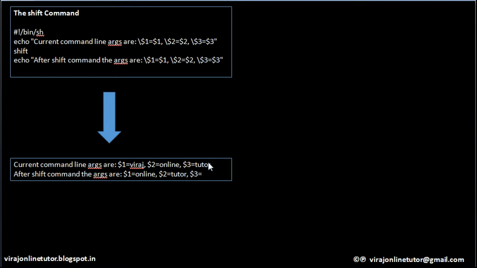Tutor, which was in $3, now comes in $2. And there was nothing called $4, that's why $3 is empty. So shift just shifts the command line parameters one location to the left. Clear?